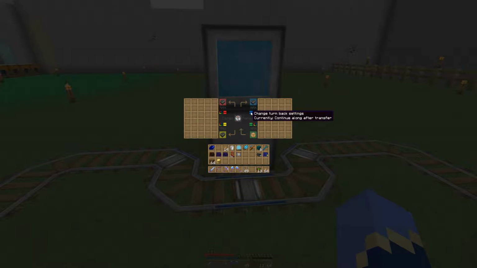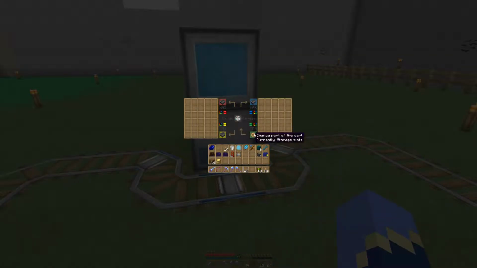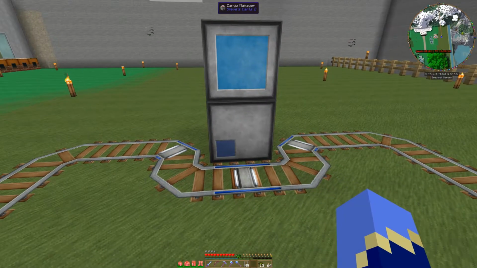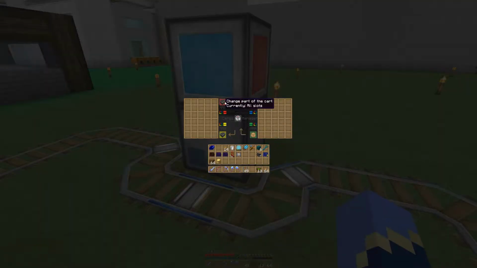I gotta remember how to continue along after. That's fine, because the problem is, you know what, this will unload extra saplings. It'll pick up saplings to reuse. Maybe we don't need to load in saplings, so that might be good. So let's take red here, and we'll switch it to, oh, there it was,